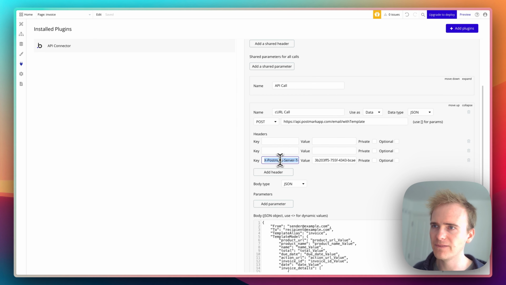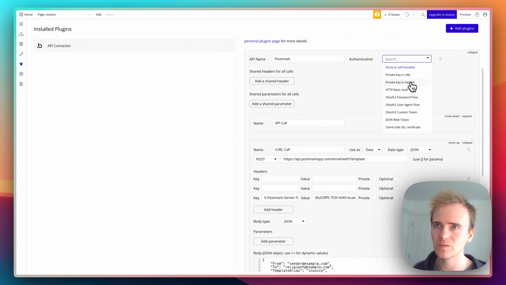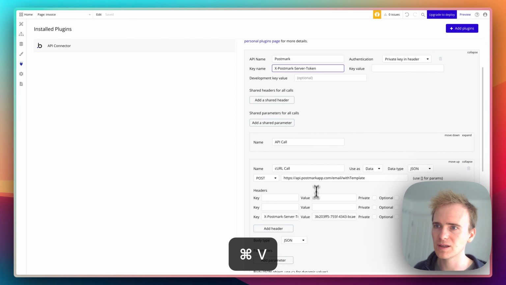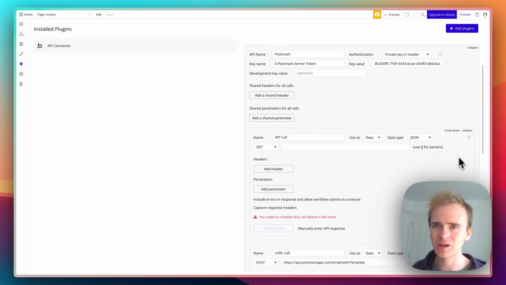Now this is my authentication. So I actually want to put that into private key in header authentication. Paste it in. Your server token is like a password. You guard that like a password, because if someone got hold of that, they'd start sending emails on your behalf, or even worse, on behalf of the users of your app. So yeah, really important to protect that. I'm going to delete this one